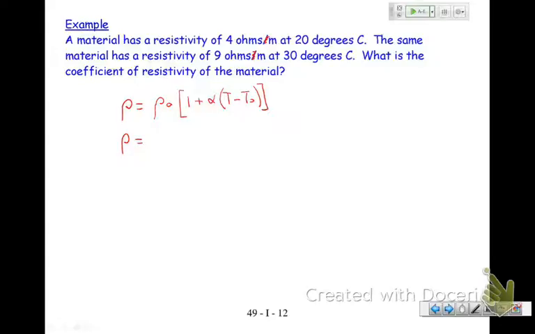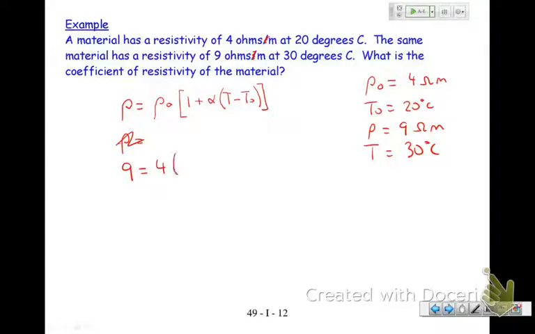It's always useful to make a list. Material has a resistivity of that at 20. There's my rho naught, 4 ohm meters. T naught, 20 degrees C. Resistivity rho, 9 ohm meters. T, 30 degrees C. So now I come along here and I say 9 is equal to 4, 1 plus alpha,